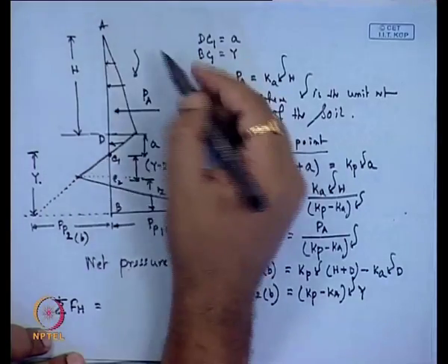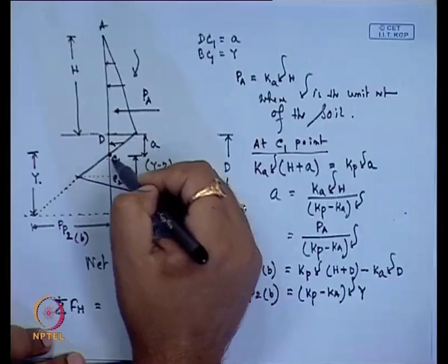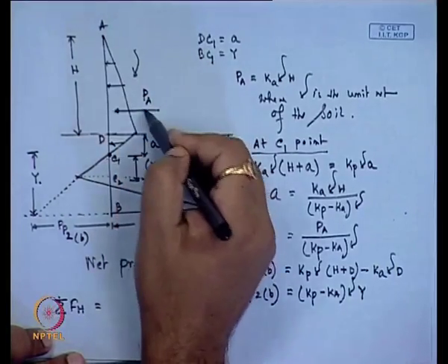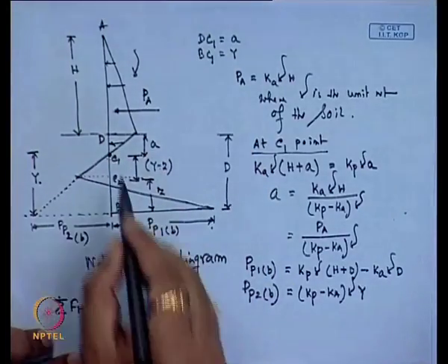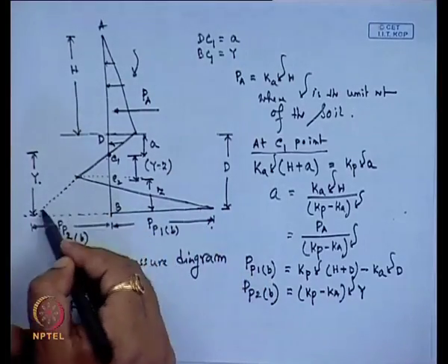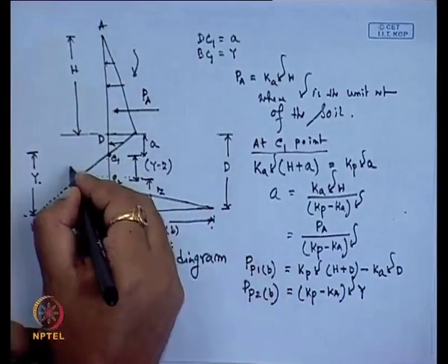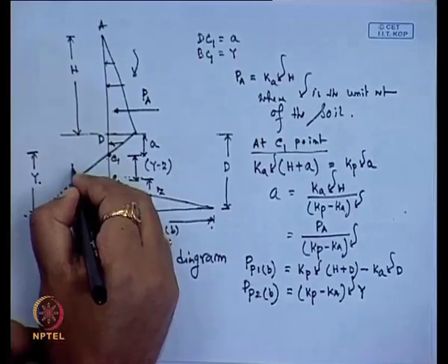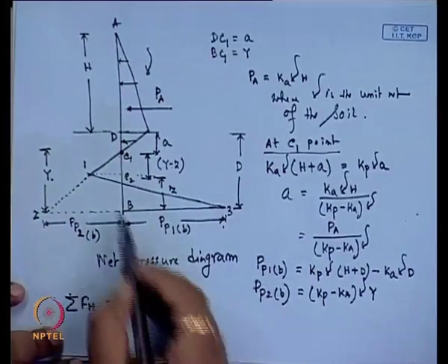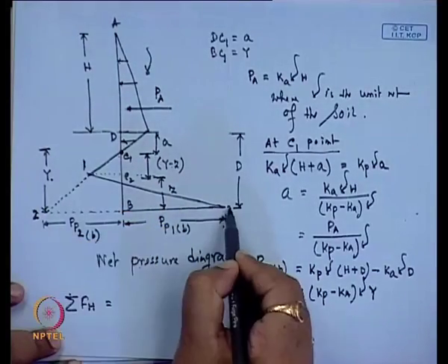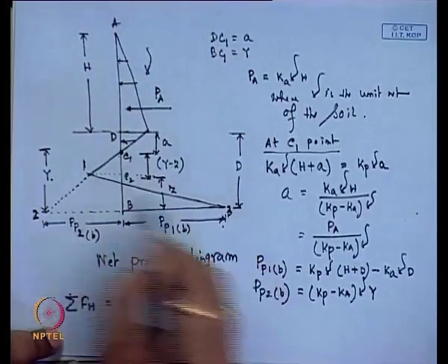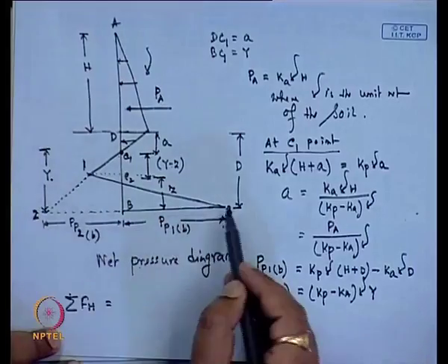That means, from A to C 1, this total pressure is acting as P A. And then if I consider this triangle, this is say 1, 2, 3. So, if I consider the 1, 2, 3 triangle and subtract from this triangle C 1, 2 and